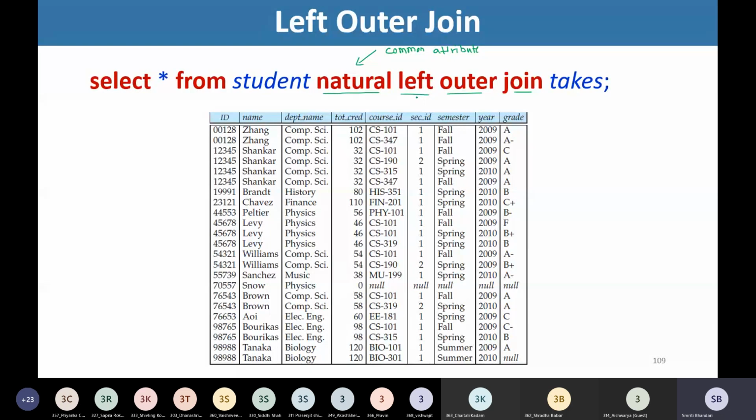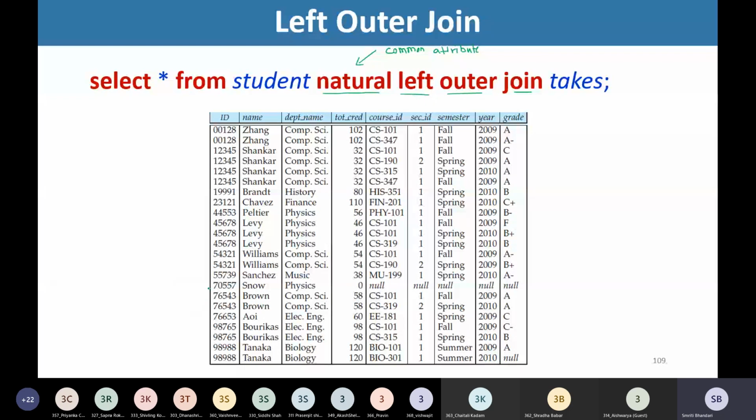But it also indicates that we want to retain the tuples even though they do not have matching tuples in the right hand side relation. We want to preserve the tuples from the left hand side relation even though there is no match for that tuple in the right hand side relation. So we are writing here left outer join. So select star from student natural left outer join takes.